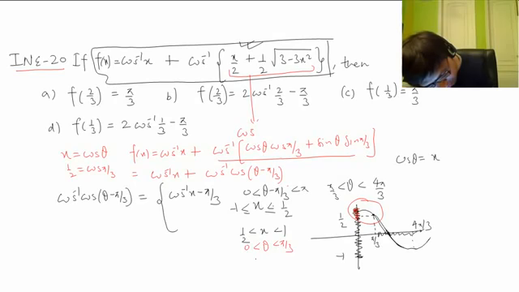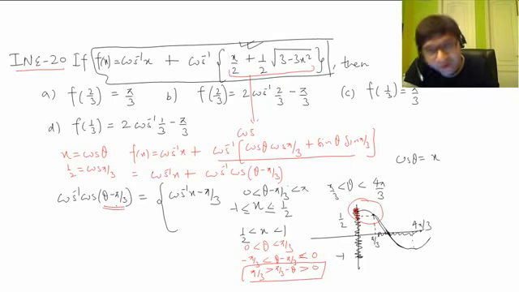Theta minus pi by 3, subtracting pi by 3, goes from minus pi by 3 to 0. Multiply with the minus sign: pi by 3 minus theta goes from 0 to pi by 3. So see, pi by 3 minus theta is in the principal value branch. Theta minus pi by 3 is not in the principal value branch for this new interval half to 1, but pi by 3 minus theta is. If we make it pi by 3 minus theta, then it is fine.